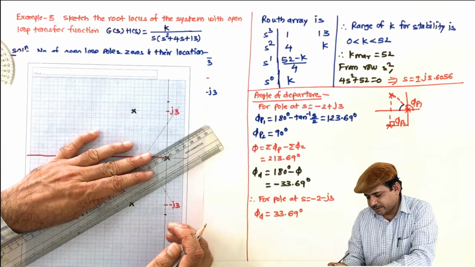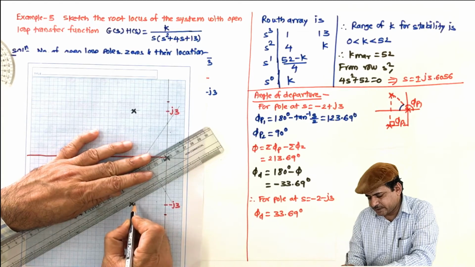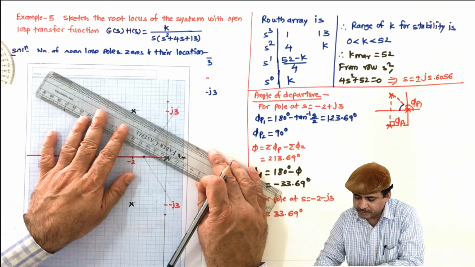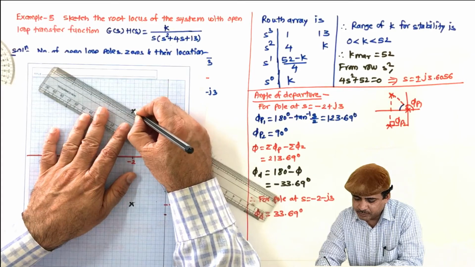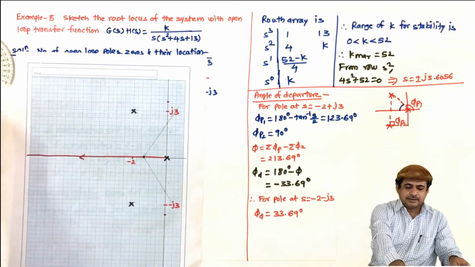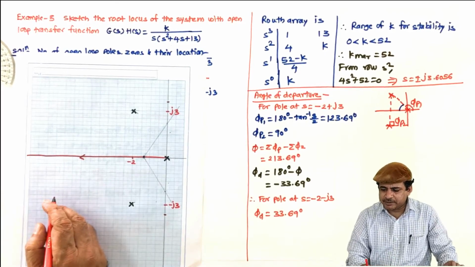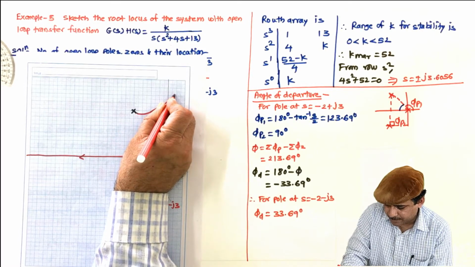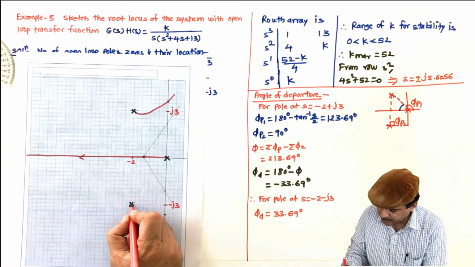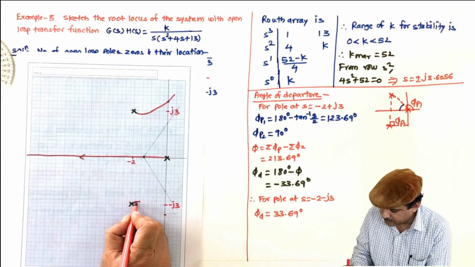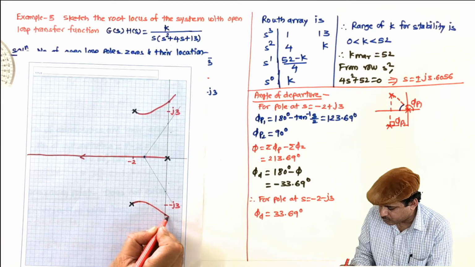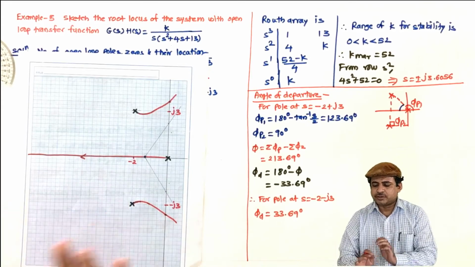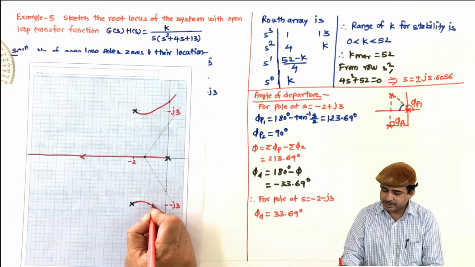It is just the starting angle, not the complete angle. What we have to do is, initially we have to give this direction, only initially, and then according to the magnitude angle condition it will move. So it will be moving like this, and along this direction, these 3 points, it will move along these two asymptotes. So this root locus is complete, and this is the direction.